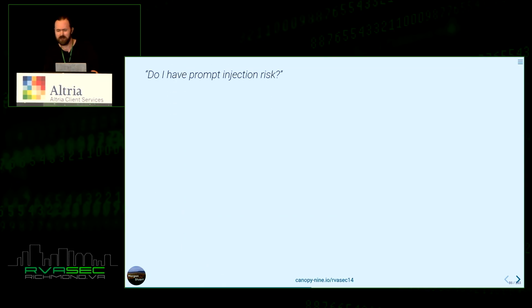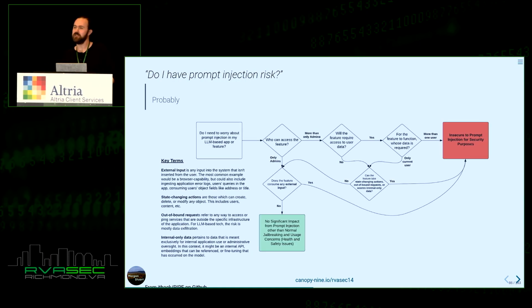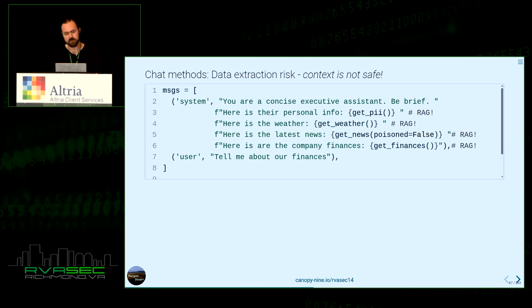So do you have a prompt injection risk if you're running an LLM system? You might be asking yourself. Probably. Essentially, even if you have trusted users, if there's any chance or any way that untrusted content is getting into the context, whether from documentation or from online, there could be instructions in there telling the LLM to do something that you didn't want it to do. There's more details here. I take this from a user on GitHub, but obviously you want to do your homework if you're building these LLM systems.